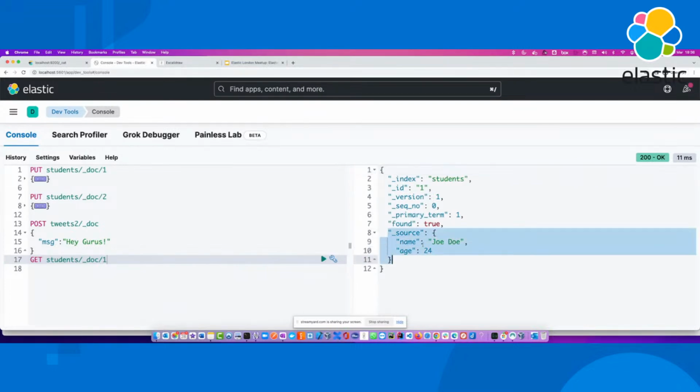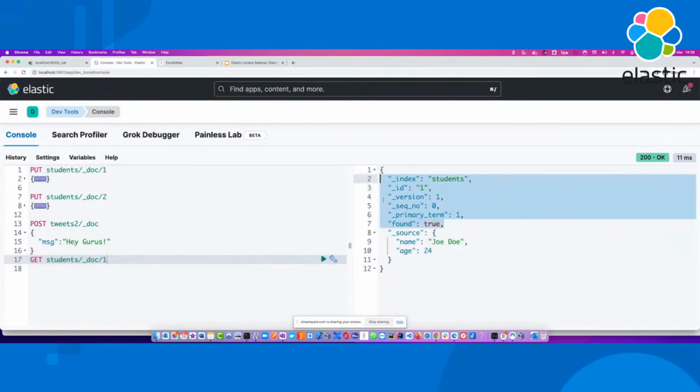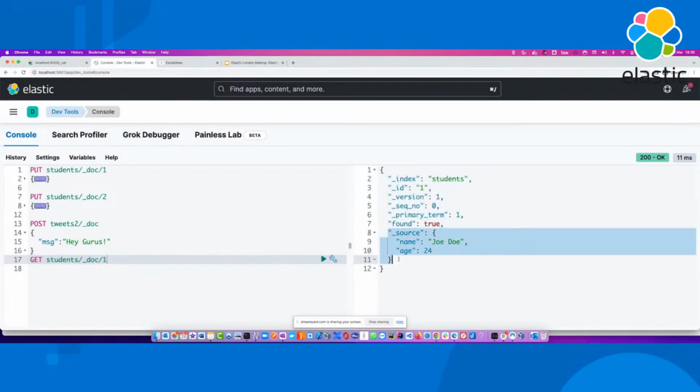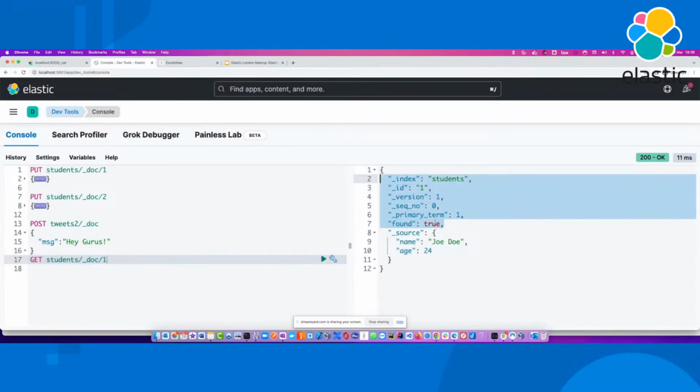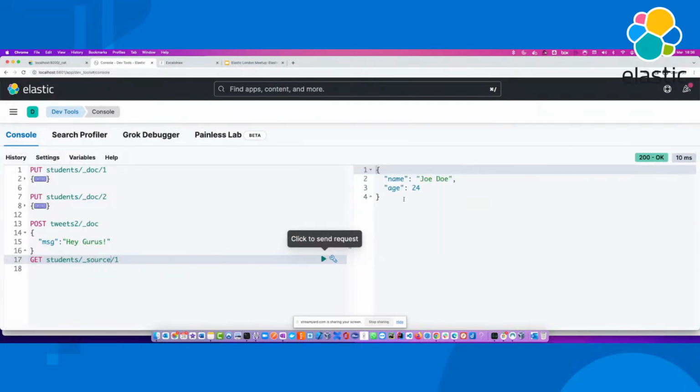Now this document, as you can see, has some metadata here, and the original data here. The metadata tells you what is the ID of the document, what is the version, what is the index, etc. You can always suppress that as well by calling just source. If you really only want the source, you can simply say, don't get me the metadata, just give me the source. In that case, you can use the endpoint being source rather than doc. This is something which is very, very simple.